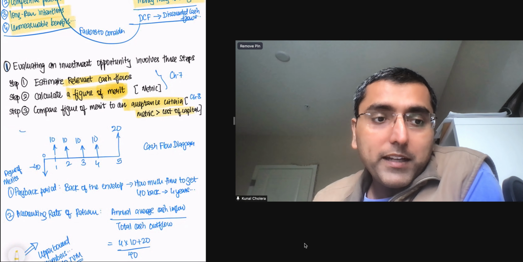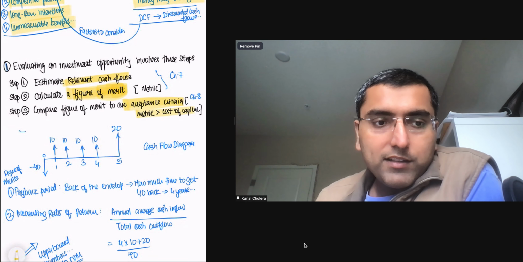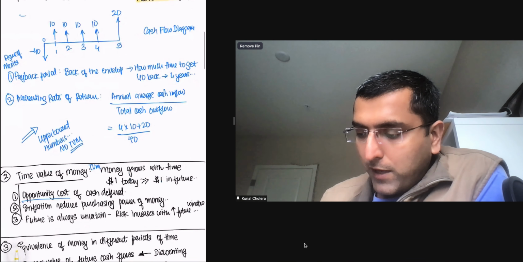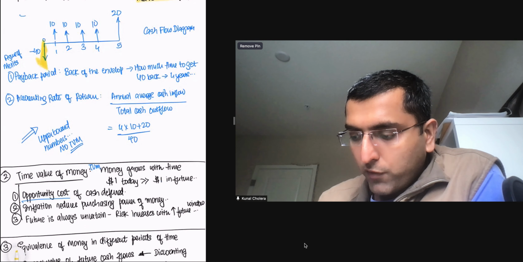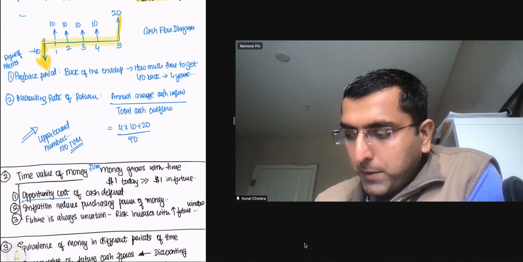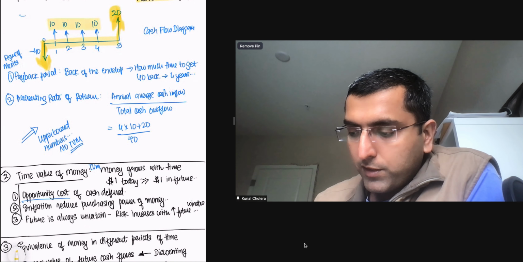Is this figure of merit good enough? So let's look at the first two steps in this chapter. And typically we draw a cash flow diagram like this, right? It takes a bunch of outflows, $40, and then over the next 5 years it pays you, and then there's some salvage value of $20 and gives you $10 every year.